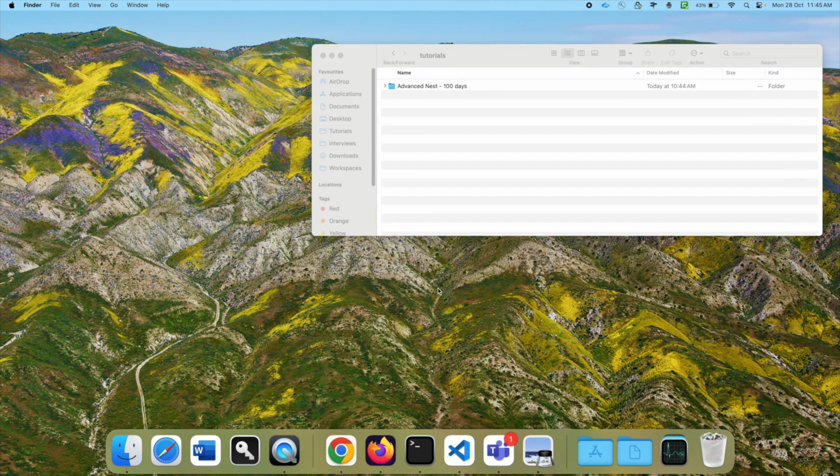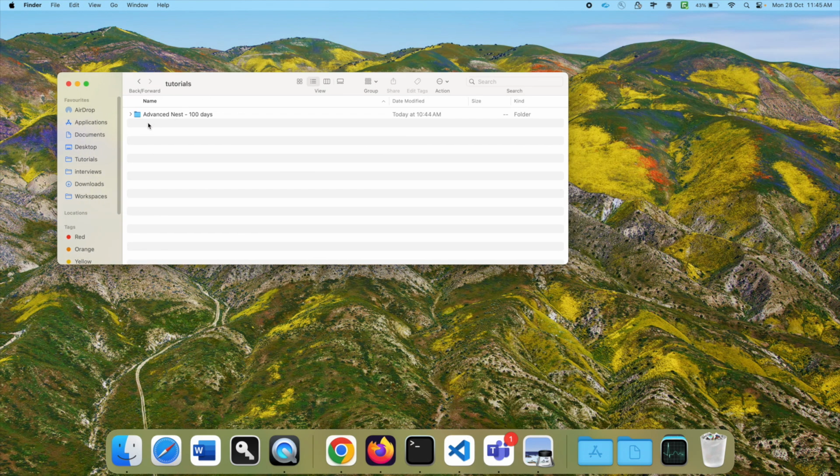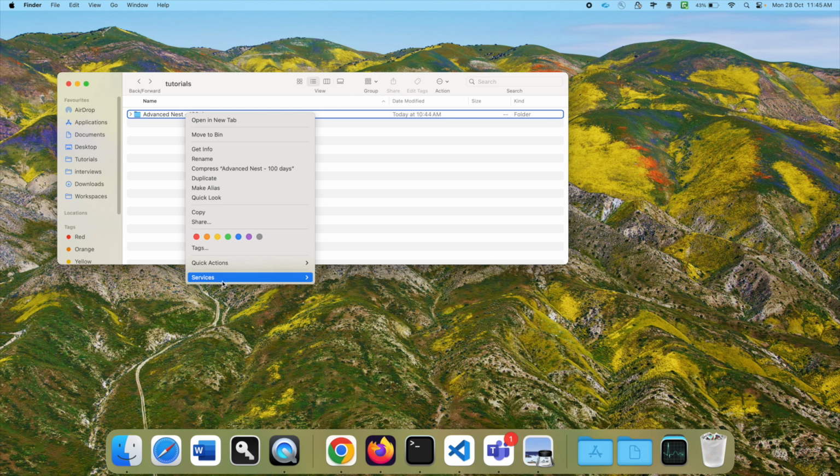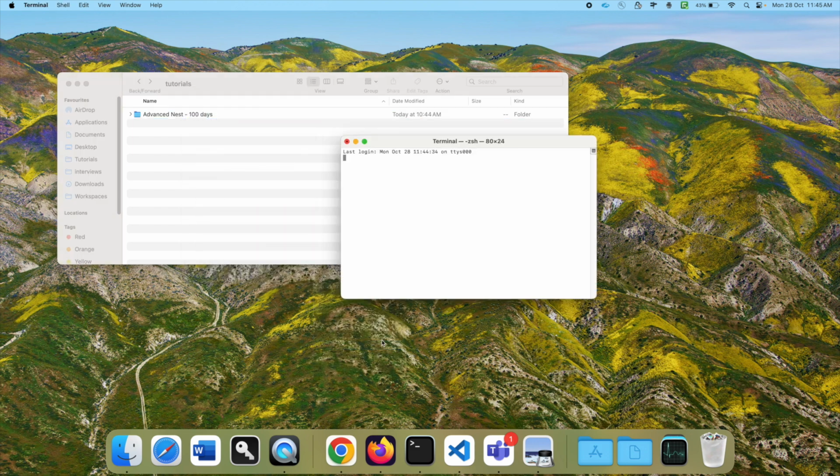In this video we'll see how we can create custom providers. So I've created a folder for 100 days, so I'm going to create around 100 videos for advanced NestJS stuff. Alright, so what I will do here, I'll open a terminal in this folder,